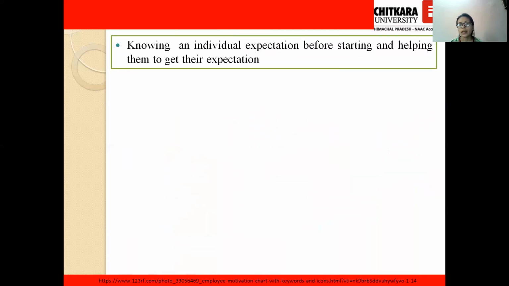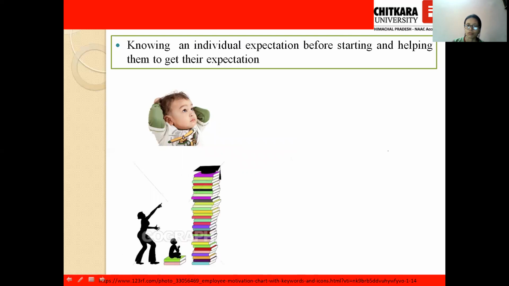Knowing an individual's expectancy before starting, and helping them to get what they expect, is much needed for this theory of motivation. For example, there is a child who doesn't know what they are going to do today. When a student doesn't know what to read or how much to read, a teacher will automatically help out: you must read this in proper time, you must maintain a daily routine. And if these things are adequately provided,